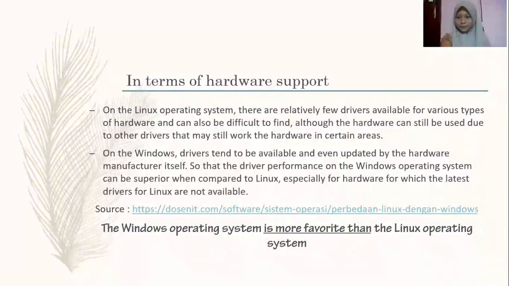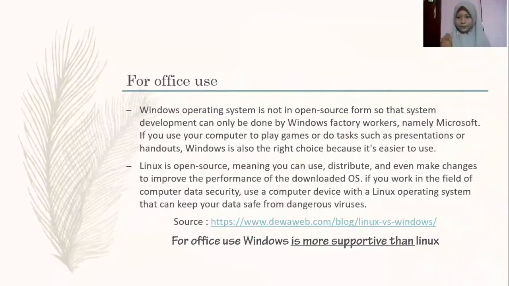Next. For office use, the Windows operating system is not open source, so system development can only be done by Windows' maker, namely Microsoft. If you use your computer to play games or do tasks such as presentations or handouts, Windows is also the right choice because it's easier to use.